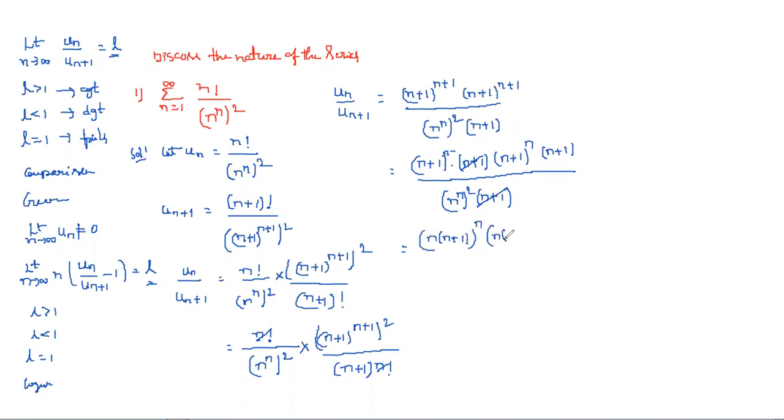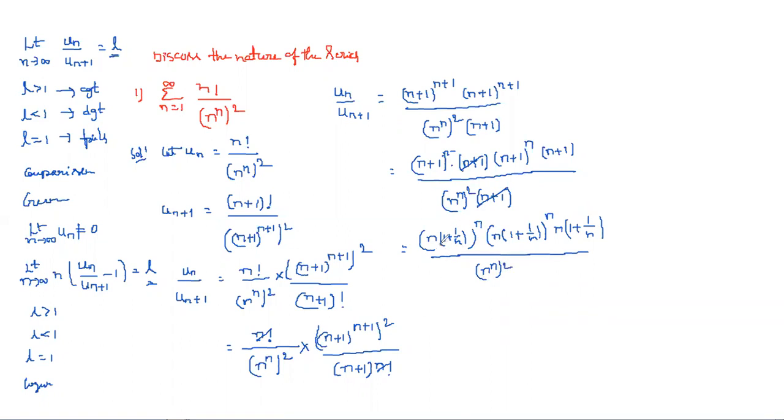In the same way, here also the same thing. If you take n as common, what you'll get? Here it is having 1 plus 1 by n. And here also the same thing, 1 plus 1 by n whole power n into n plus 1. So this also we can simply write, if you take n as common, 1 plus 1 by n whole thing by n power n whole square.